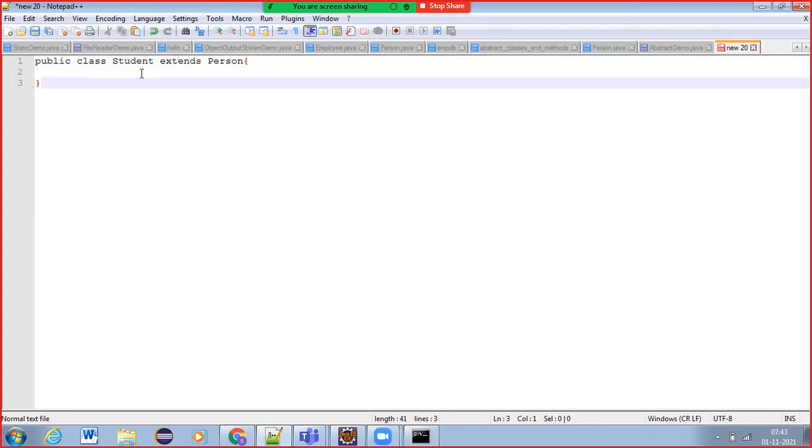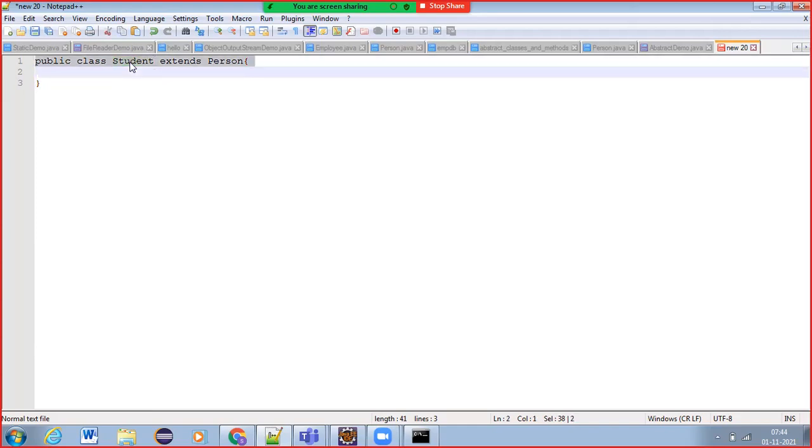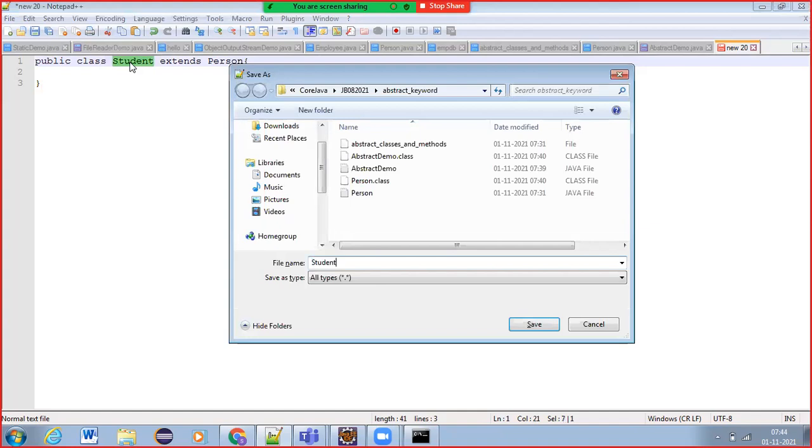Yeah, guys, you are understanding, right? Directly, you cannot make use of abstract classes. If you want to make use of abstract class code, you should write a subclass for that abstract class. Like this, we have written a subclass for person, a student. Like this, you need to write Student.java.